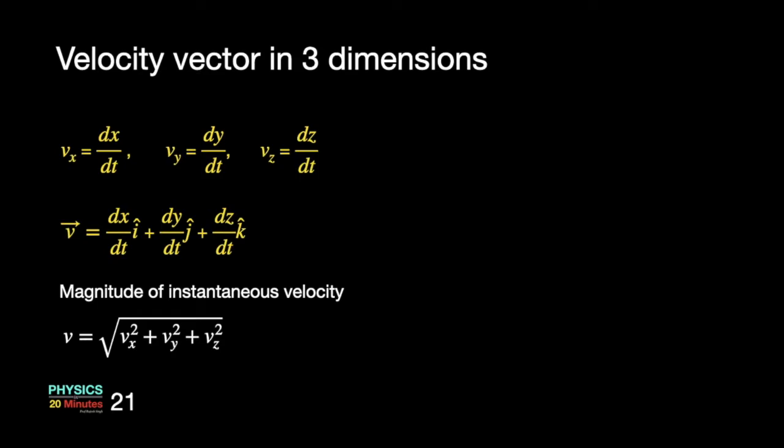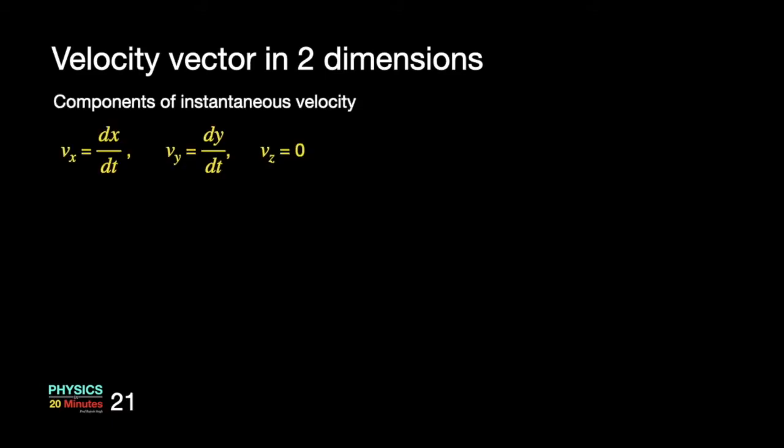The magnitude of the instantaneous velocity is written as v is equal to root of vx square plus vy square plus vz square. What will happen if the velocity is confined to two dimensions only? Obviously, the situation gets a bit simplified. So, the components of instantaneous velocity will exist only in x and y direction, let's say, and along z direction it will be 0. So, if the path is confined to the x and y plane, then we have the x component of velocity and the y component of velocity. We can complete the rectangle to get the velocity vector v at that position.